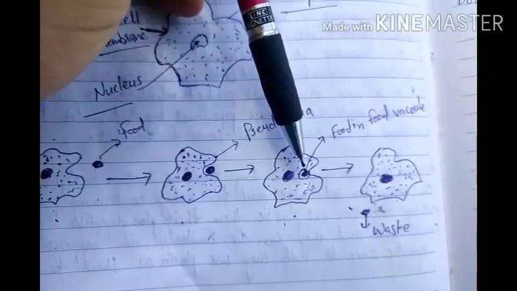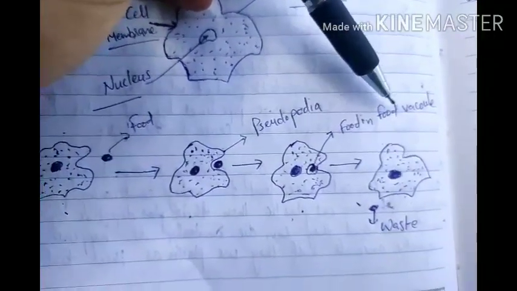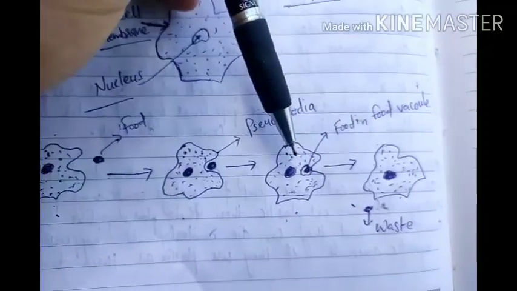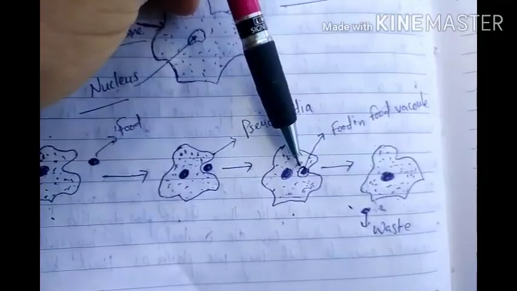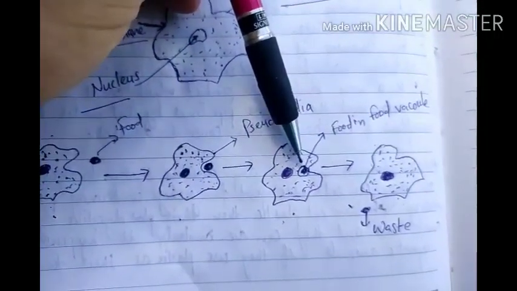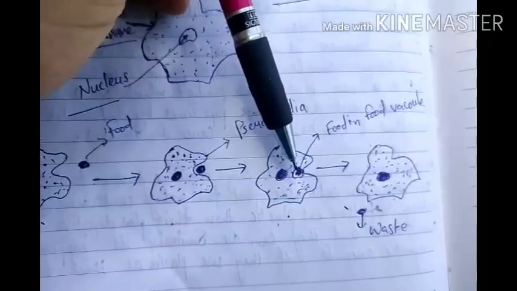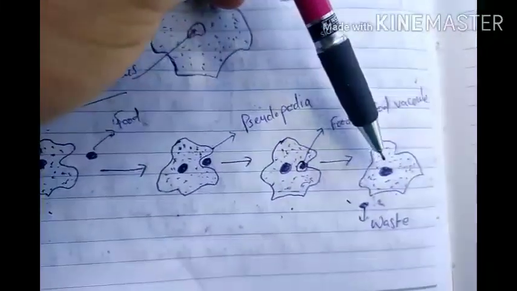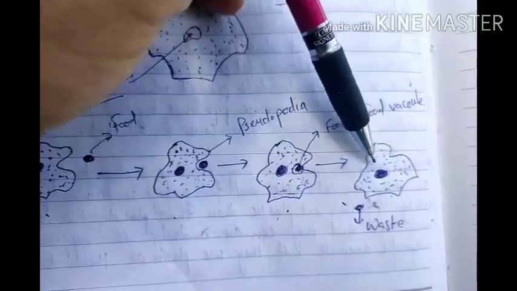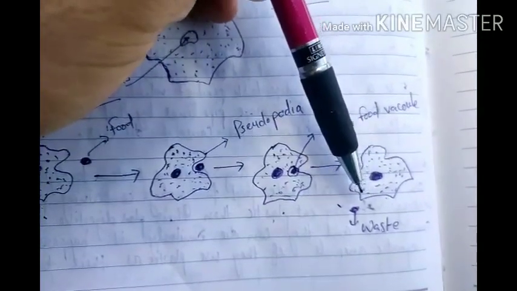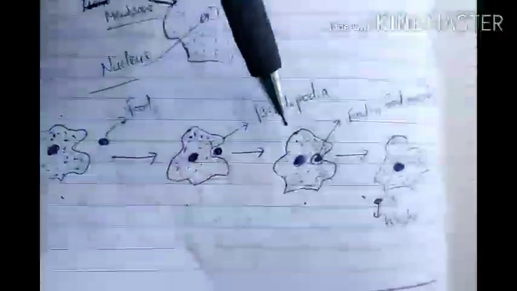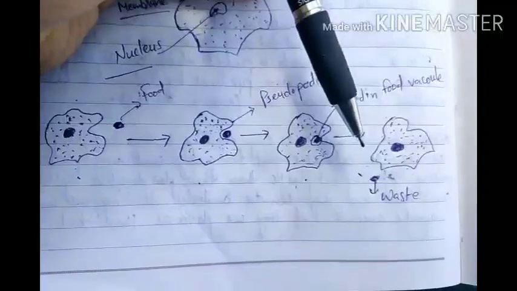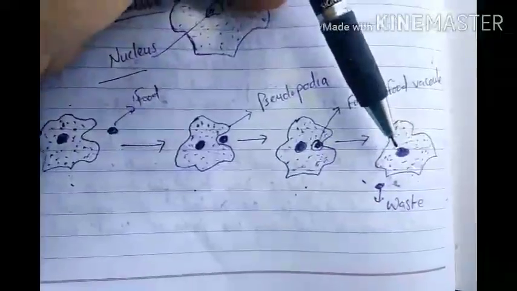Second is digestion. The food vacuole has some special chemicals, proteins, or we can say enzymes, which digest the food, and then it also absorbs the food. And the nucleus gets the energy from food and gives it to the amoeba, and whatever waste is there, it releases out from the amoeba. So this is the same process as I told you yesterday. This is holozoic nutrition. It is done by the amoeba. It is done in steps also.